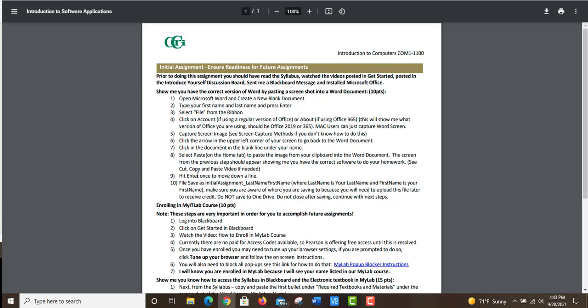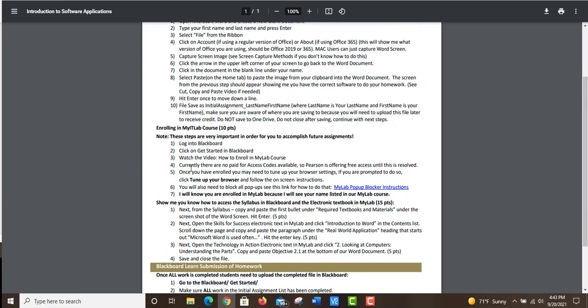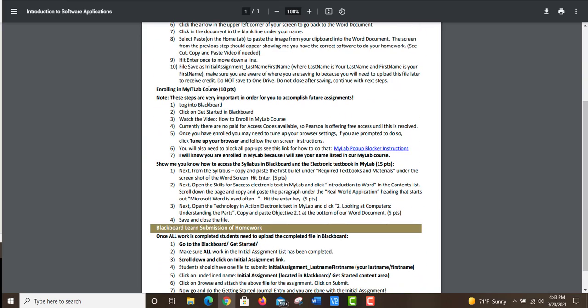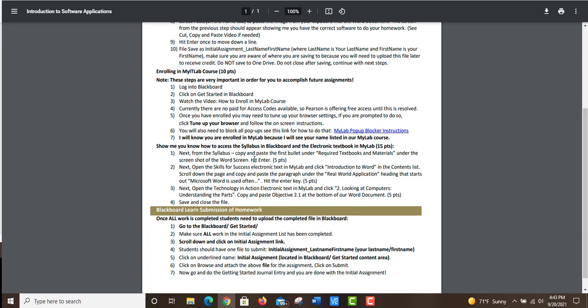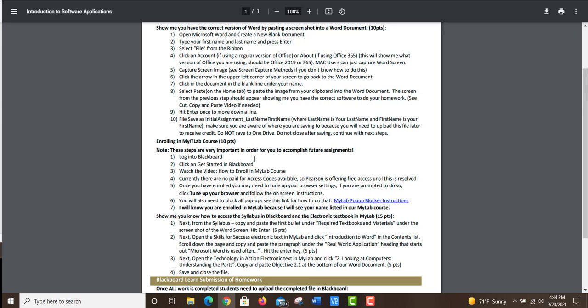going to go through this iteration and do this, and then keep on going here, enrolling in your MyLab course, which again, you probably did before you got in here, so you could just skip through this piece, but read over it because there is some important information in here. And then there's directions on, I want to make sure basically that you know how to find the e-text. So really the purpose of this assignment is to make sure you have all the tools needed to do future